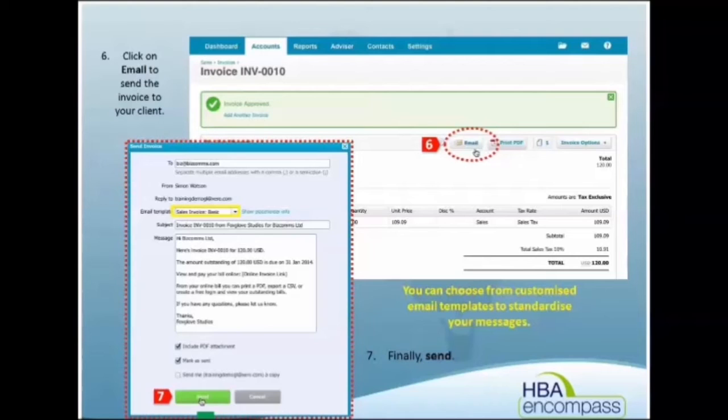You can also overwrite the wording at this stage. You just type over it, it's not a problem. And then you click the PDF attachment and mark it as sent. You can send yourself a copy if you want to, but generally that just clogs up your inbox. If you want to be able to use the online invoicing to track whether people have actually viewed your invoice or not,